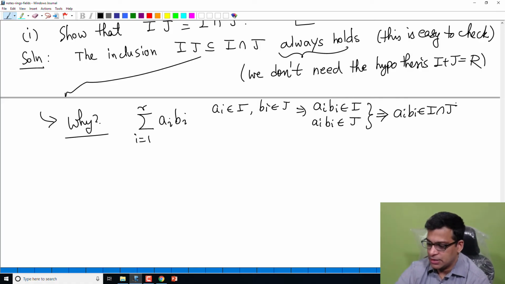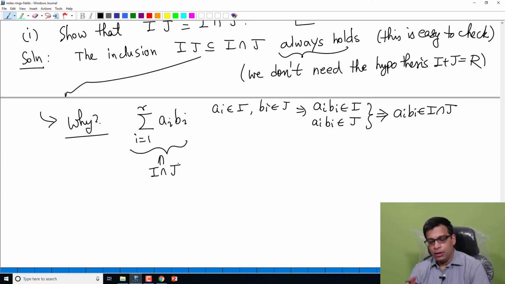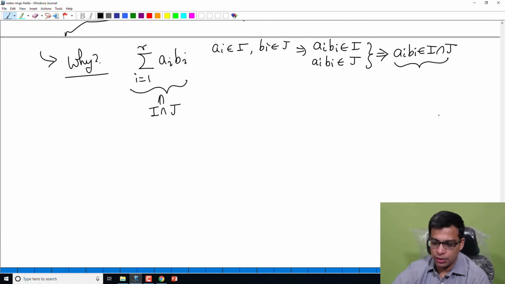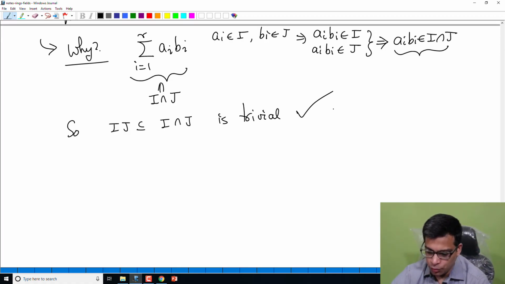Once each Ai Bi is in I intersection J, this whole sum is in I intersection J. Because I intersection J is an ideal, this is something we proved earlier, or I have asked you to prove. So if you have a bunch of elements inside I intersection J, their sum is in I intersection J. So the inclusion IJ contained in I intersection J is trivial, it's very easy. Okay, so now we'll prove that